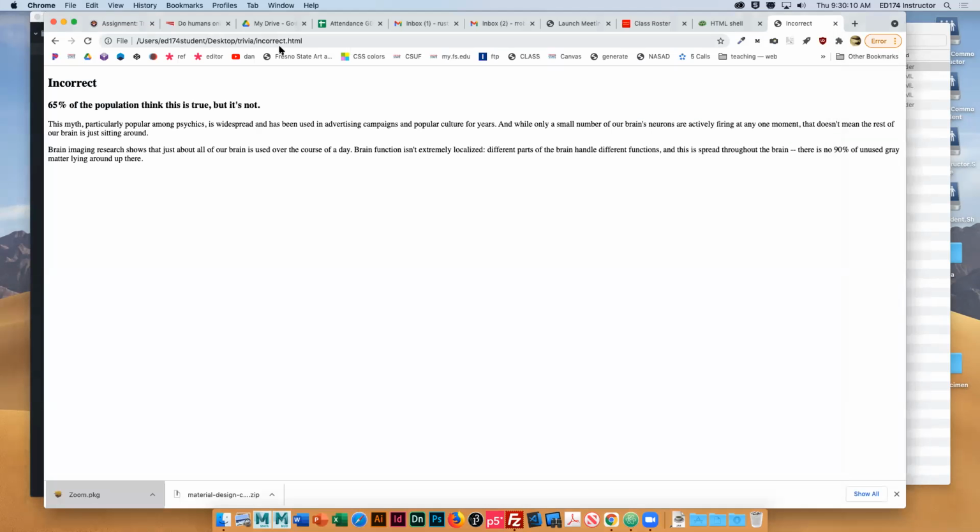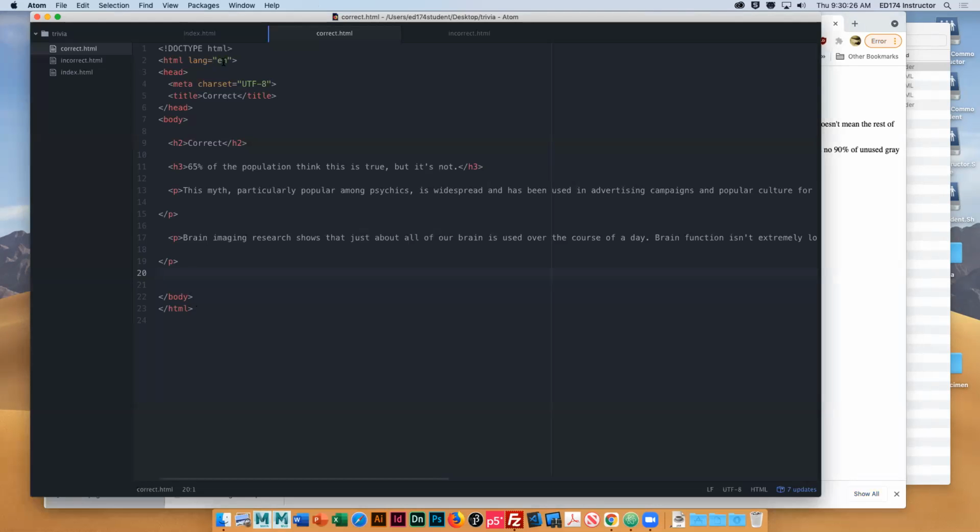Save. Correct. Okay. Create that page and then on the index page, go ahead and link, create another